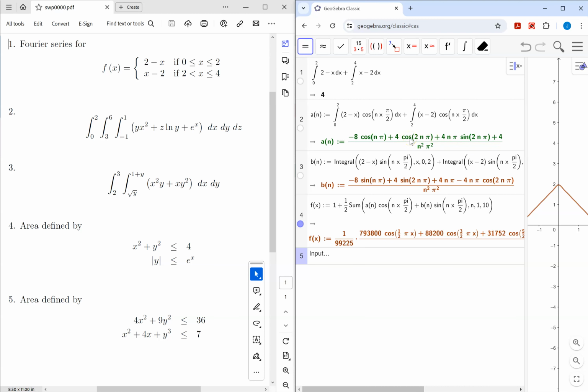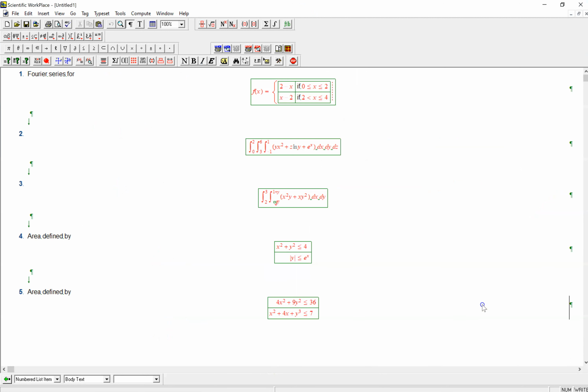Cosine of 2n pi is always 1, so I could combine your 4 and 4 together to get 8. So on top, we would get 8 minus 8 cosine of n pi over n squared pi squared. And then also remember that your cosine of n pi is just negative 1 to the n. So if I were to write down a final Fourier series for this particular function, let me just flip over